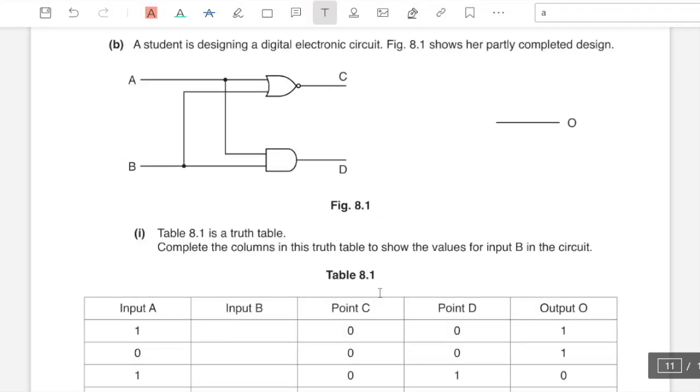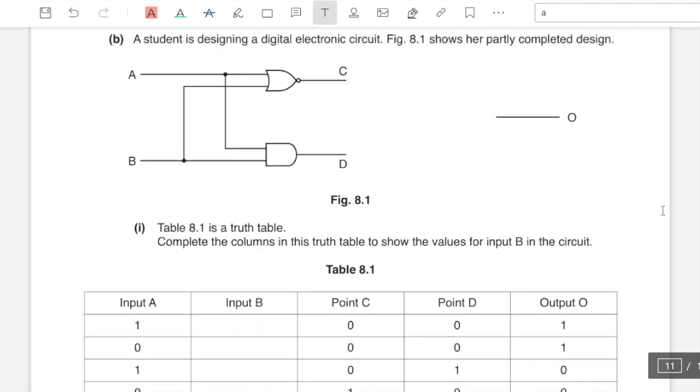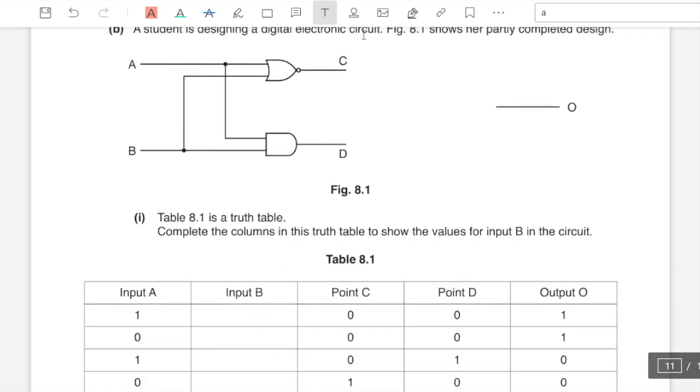B. A student is designing a digital electronic circuit. Figure 8.1 shows her partly completed design. Okay. 1. Table 8.1 is a truth table. Complete the columns in this truth table to show the values for input B in the circuit. Okay. So here we have